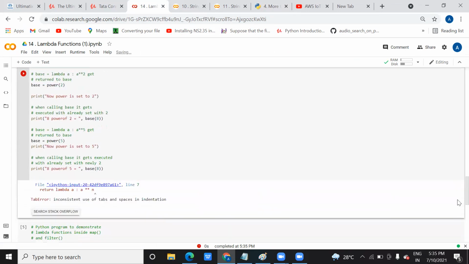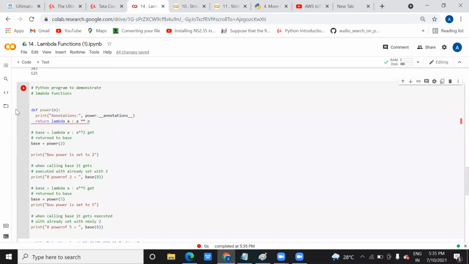Okay, it's giving an error. It is an inconsistent use of tab. Okay, let me remove this.